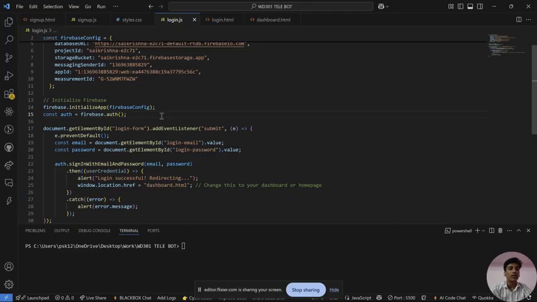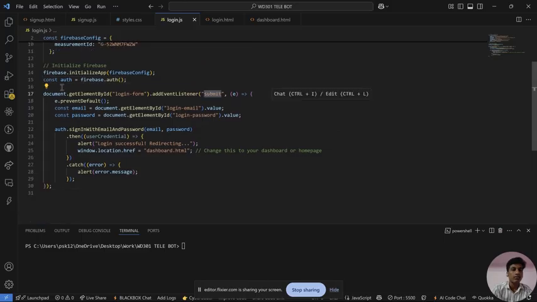We will check whether the user's email and password are in our Firebase. If yes, then we will go to the dashboard. If not, we will raise an error like invalid email or invalid password. When the user clicks the submit button, this block of code will be executed, and we collect the input fields like email and password from the front end by using document.getElementById, and these are the ids we have given to our input fields,